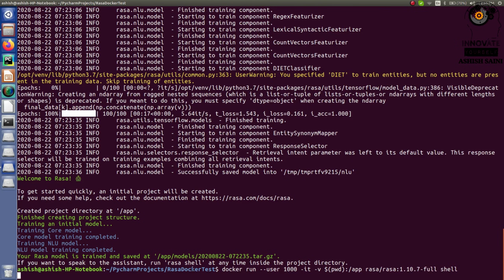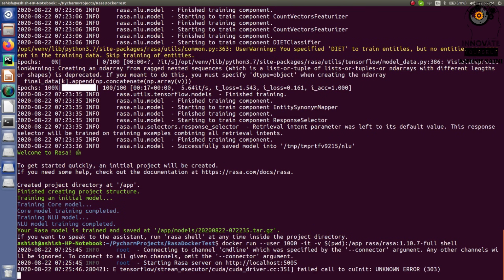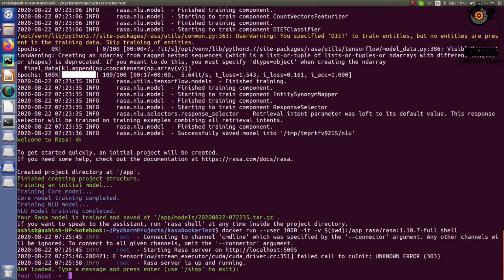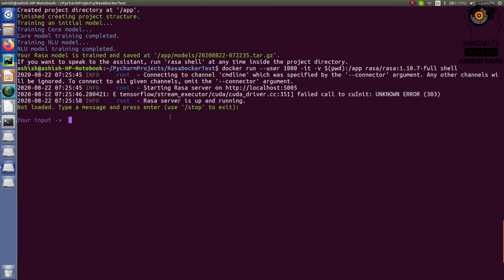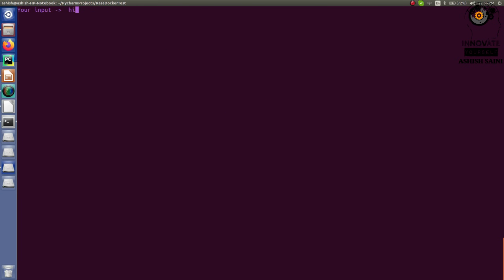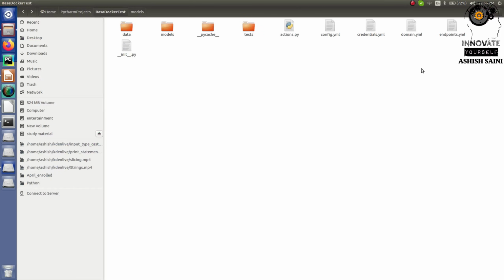So here you can also see we don't have any environment activated, but still this makes it clear how you can talk to the bot without activating an environment, because this time everything is going to run based on the Docker container. So you are using the Docker container and working on the project, right? Now in here you can see your Rasa shell is running. You can talk to the bot. Let's say hi. So your bot is saying, hey, how are you? This time everything is working based on this project which we created using Docker, right?